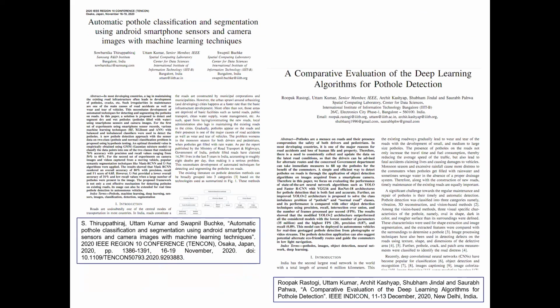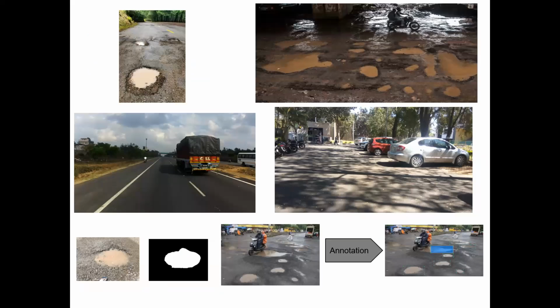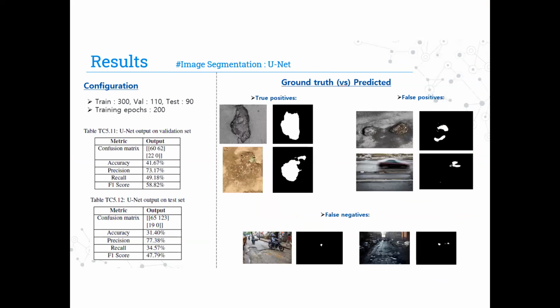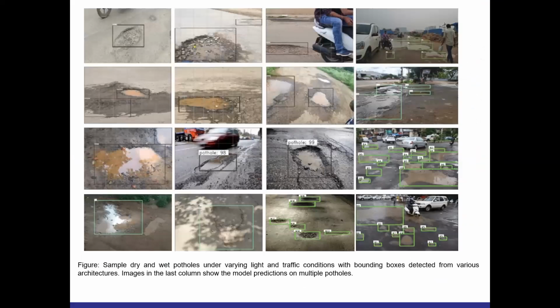Our study area was Electronic City Phase 1 and the adjoining areas. The two papers talked about different forms in which we can detect the potholes. As you can see in the figure here, there are different pictures of potholes. Some are dry potholes. Fortunately, it rained that day, so we also got images of water-filled potholes. Each of these potholes was annotated using a hand drawing tool. Then the techniques Mask RCNN and UNet were used to detect each of these potholes. As you can see in the output here, different types of potholes in different scenarios have been mapped.